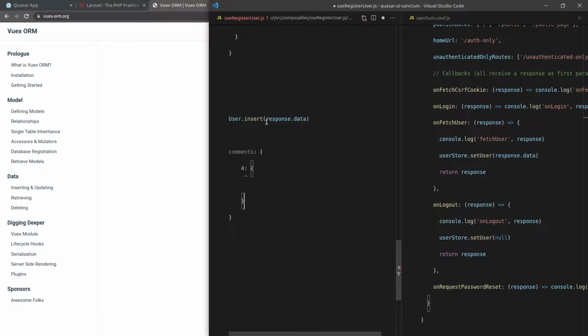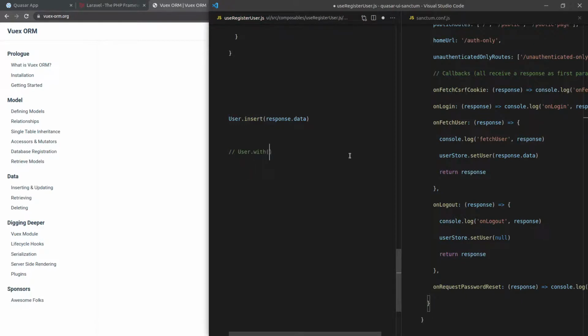So if we get a post that has been updated with that request, then inside of our posts, let's just say it had an ID of 4, and we already had a post with an ID of 4, then the post that is nested within there is going to update this post here, which is exactly what you would want, because it means that you've got the latest data that you fetched from the backend. There are so many benefits to this, and that's one of the reasons I love Vuex ORM, because it pulls it apart, but then it allows you to piece it back together again by saying user dot, and then,